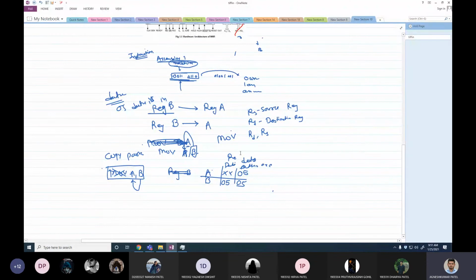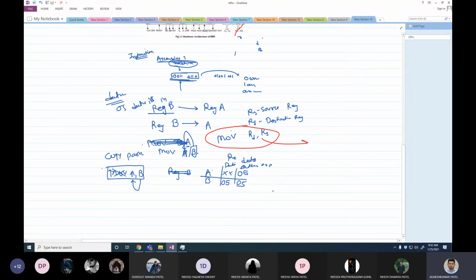Okay, if I want to ask a question like in the exam, I'll ask this: explain the instruction MOV Rd, Rs. What will this instruction do? You'll see two registers over here, Rs being the source register and Rd being the destination register. Now one more thing, where can I transfer the data? This is just an example of a transfer from register B to A.